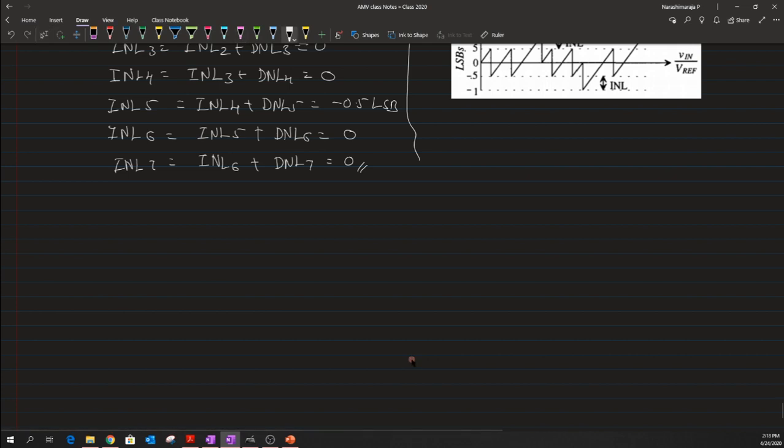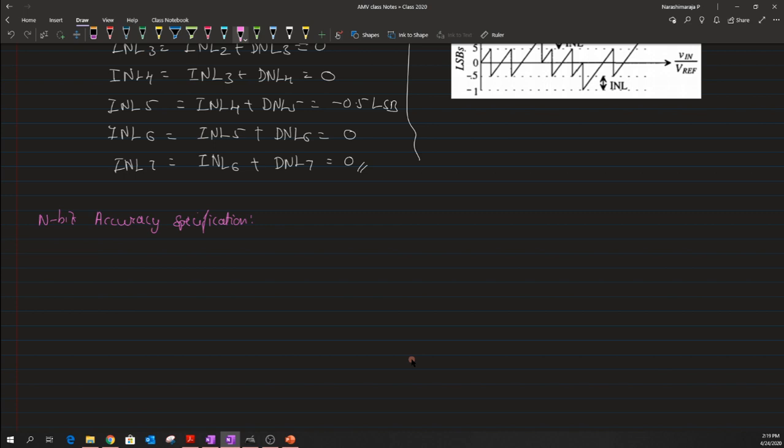And let me just label this as the n-bit accuracy specification. Okay. So this is the parameter that quantifies the resolution of the data converter with respect to the errors. So what it really means is that